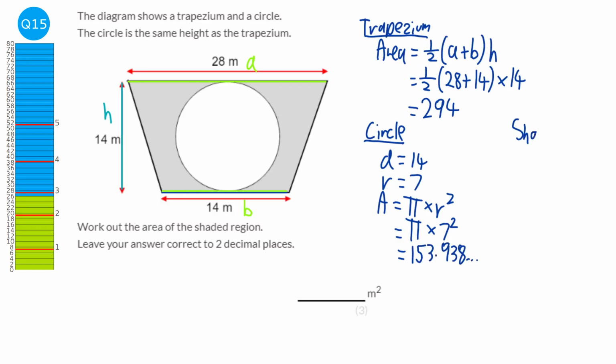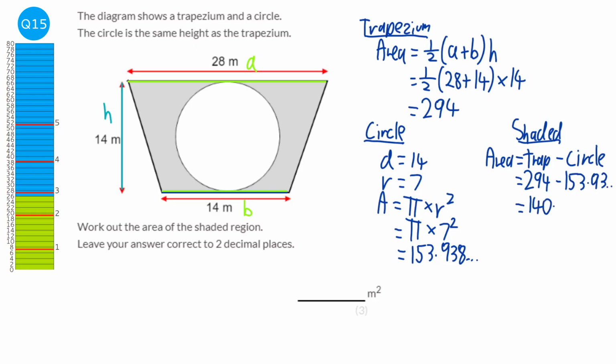Because next thing we'll do is the shaded area part, and it says we want to work out the area of the shaded region. So the area will be the total area, which will be the trapezium, take away the area that we don't want, which is this bit here, which will be the circle. So the trapezium's 294, the circle's 153.93 and so on. And when you do that, you get 140.061 and so on. It wants it to 2 decimal places, so it would be